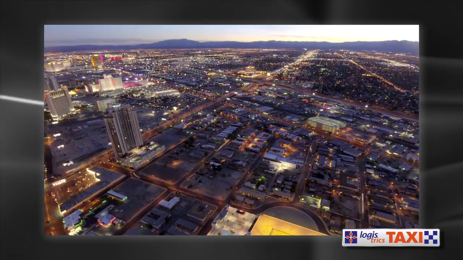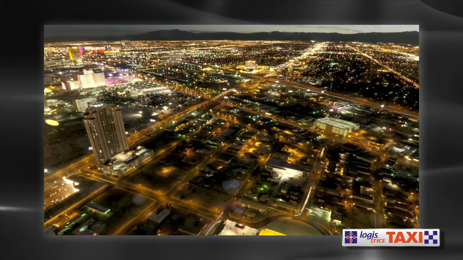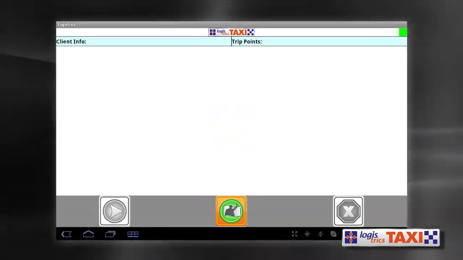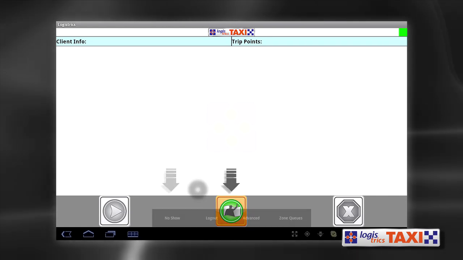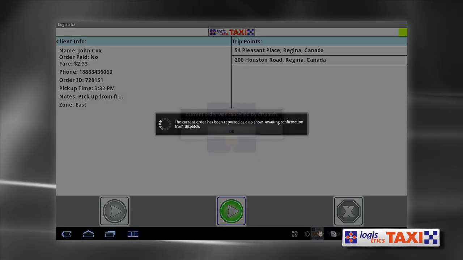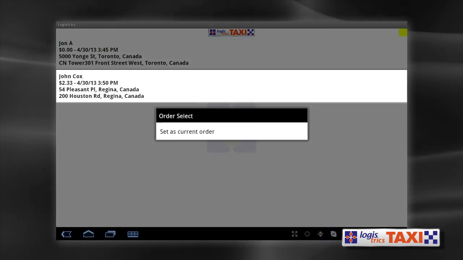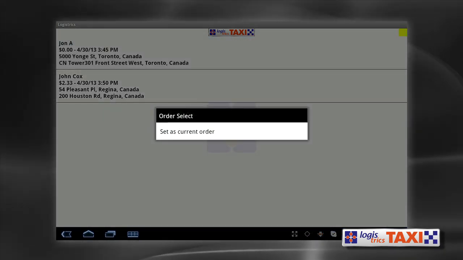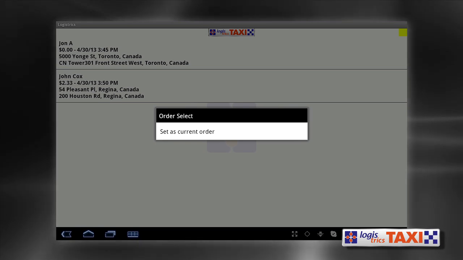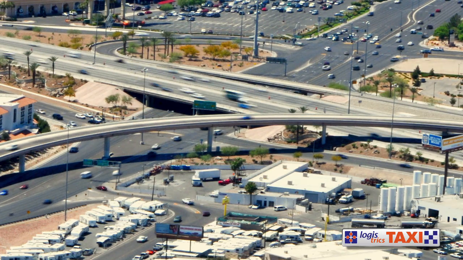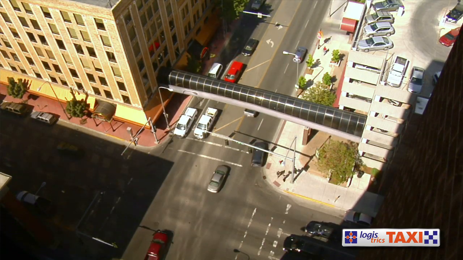These are among several features of the Logistrics Taxi's order handling process. It supports curb pickup handling, no-shows, and cancellations. Also, orders can be stacked for future dispatch or for the driver to see what their upcoming trips are, right on their device. The Logistrics Taxi system offers a range of excellent features to help companies manage all aspects of their taxi or transportation business,